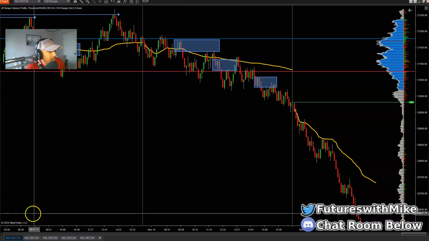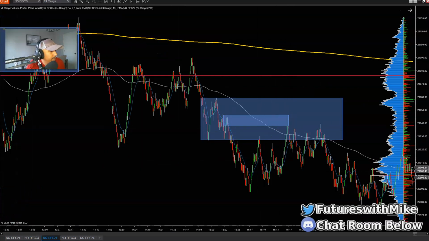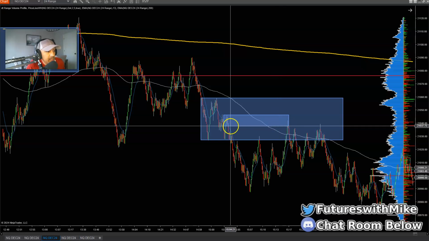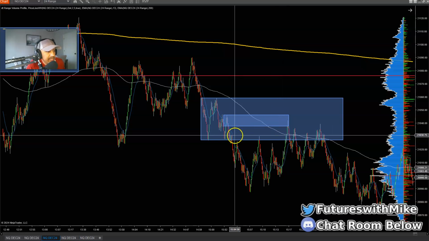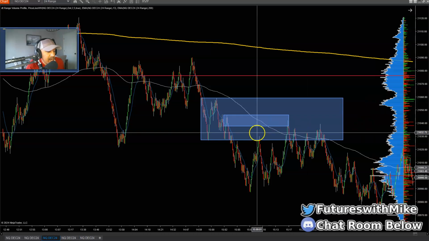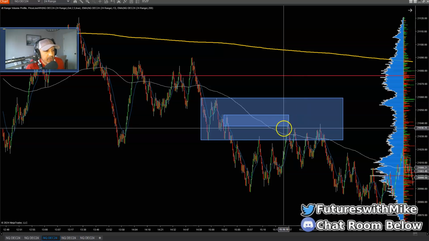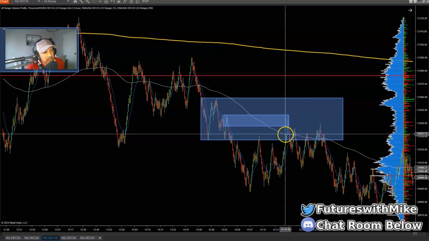So when it comes back up, we finally test and tap into a supply zone right here. It's untapped, which means that there's a gap back at it, which increases my chances and probability the market may work in my favor. So we tap into the higher base zone, tap into the lower base 24 range supply zone just as well. And we get either going aggressive here at 21,036